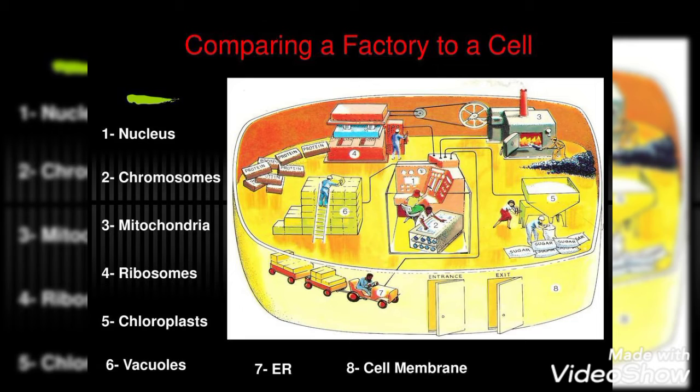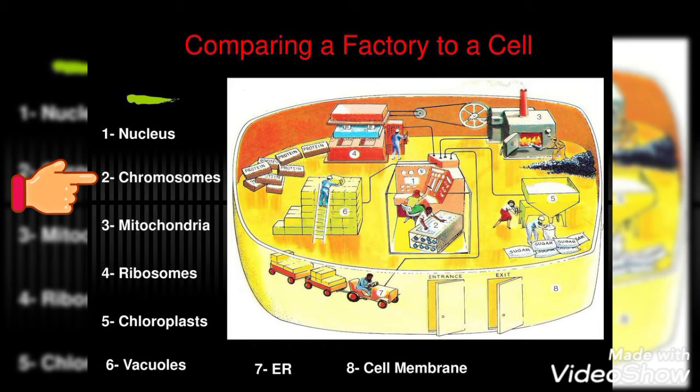So for number 1, as you can see, it is located in the center of the picture. So that is the part where it is the control center of the factory, or it is the brain of the factory. So the answer for number 1 is the nucleus. So for number 2, that is the part which carries all the information used to help the factory to grow. So, just like in the cell, chromosomes act like that, in which it helps the cell grow,